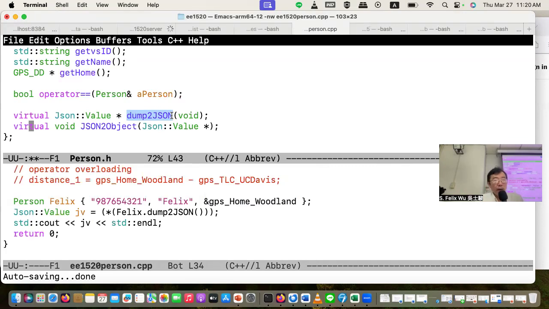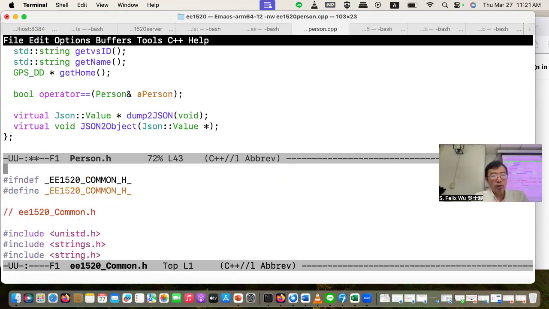In order for you to use all the JSON related facility called JSON value, you have to do the following, which are already included in the EE1520 common.h.